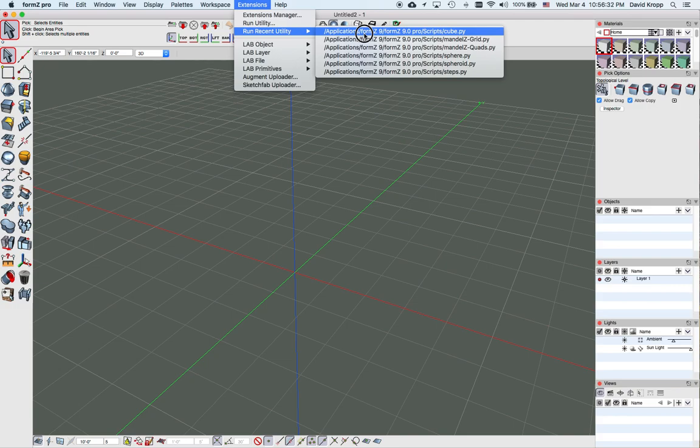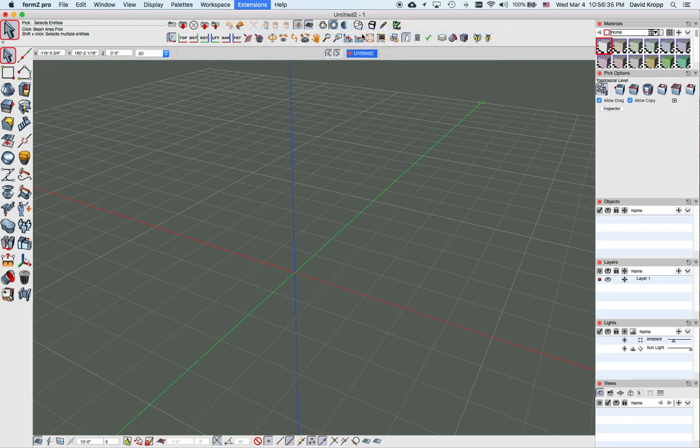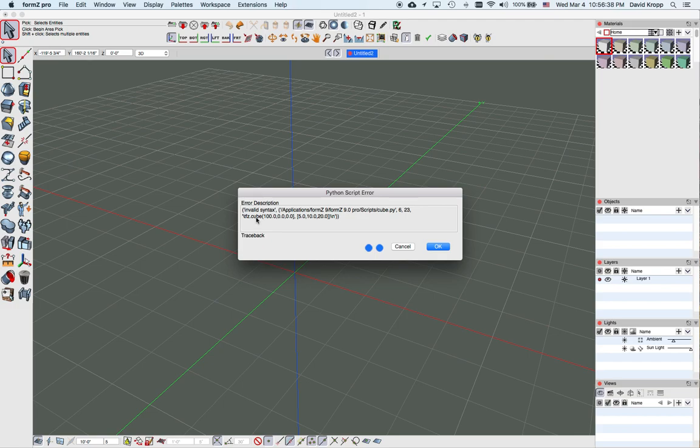Now, I did something different with this on purpose to show you what happens if you make a mistake. On purpose, I overwrote part of the bracket that opens that sequence of numbers when I put my 100 in. It's kind of easy to do if you're not careful, so this is what happens. This is the feedback you get that something is wrong. Here it tells you that there's invalid syntax in your script. It's showing you the line and the file that the problem is in, so you can go correct it. So it's telling you there's a problem with the syntax on this line. So I'm going to just hit cancel there,